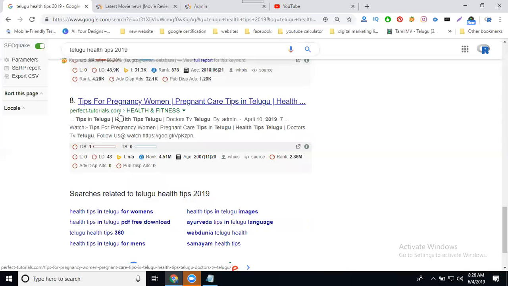So which keyword do you have to promote for your website? First of all, check your competitor analysis. First 10 competitors. So based on that you can start your SEO structure. That is called keyword selection to start the promotion of your website. So for any competitor analysis based on the keyword, search on Google, check your top 10 competitors or top 20 competitors. This is what is meant by competitor analysis for a particular website.